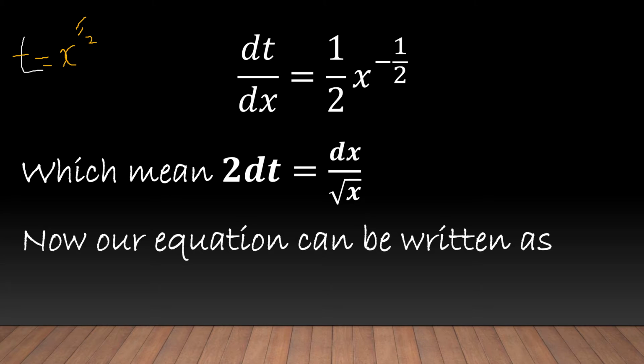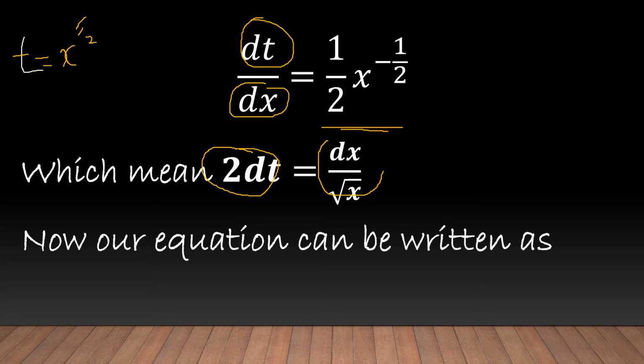If we differentiate t with respect to x, then we get this one. So if we rearrange, we will find that our 2 dt is equivalent to this. So that our equation now, we can write it as